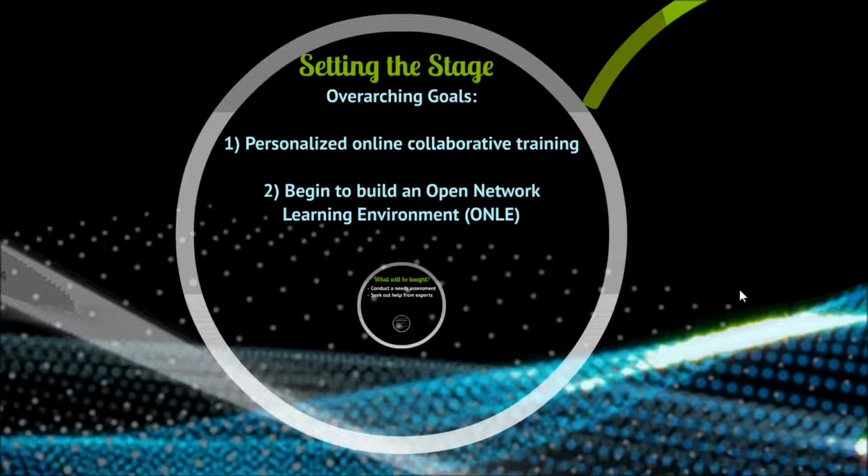I determined overarching goals. First, I wanted to establish a personalized online collaborative training where IPCs could come in and either engage in cooperative or collaborative learning with their teams. Second, I wanted to begin to build an open network learning environment, or ONLE. This is a type of environment that puts the learner in charge, where people can take turns facilitating as needed